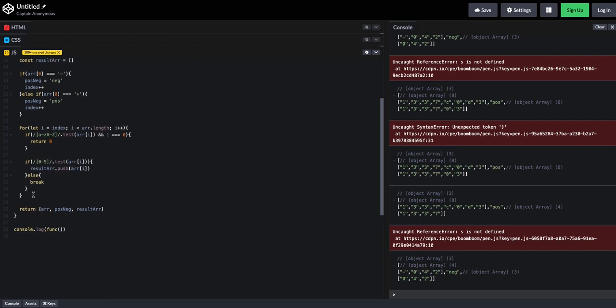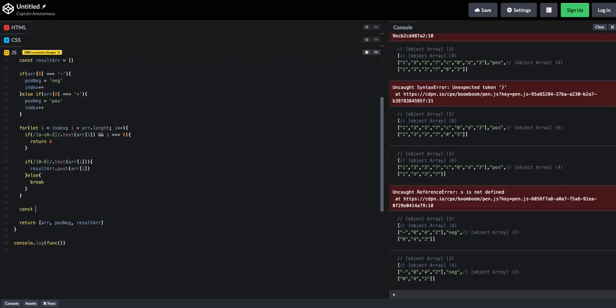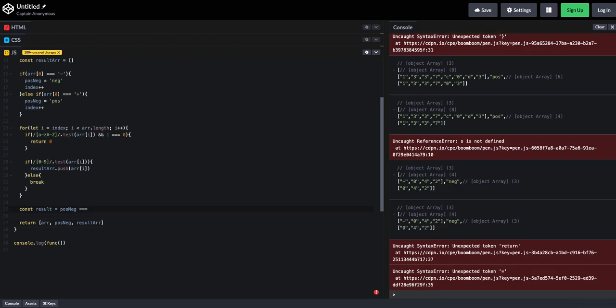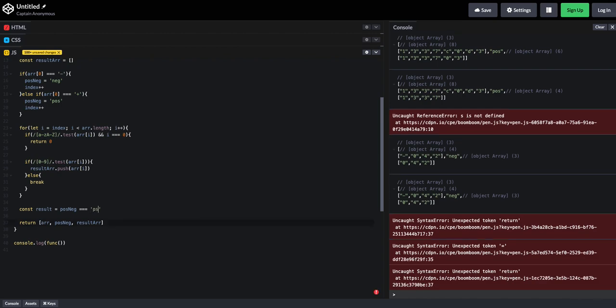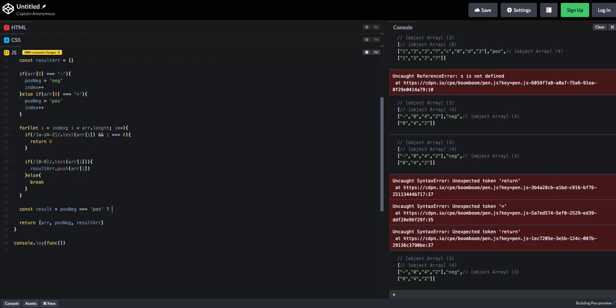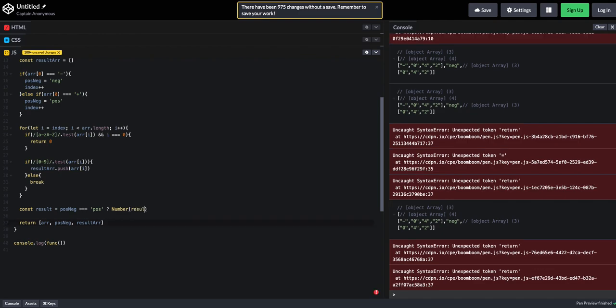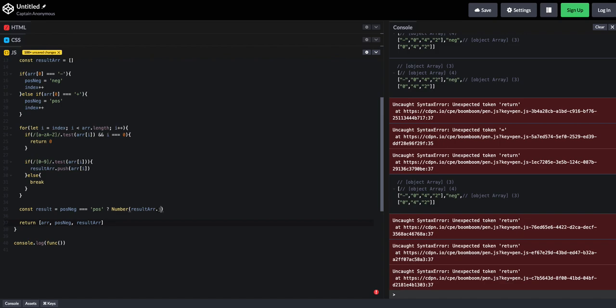And what we're going to do is we're going to create a variable called result. Say const result equals pos neg, we use a ternary operator here, equals pos, then result is going to be, and this is us converting it to a number, result array dot join,